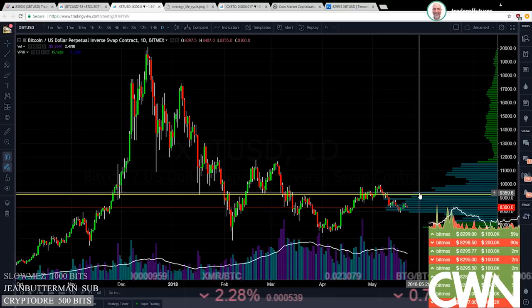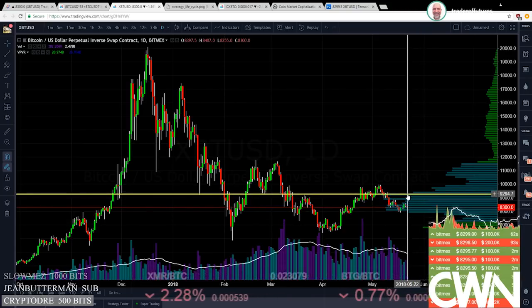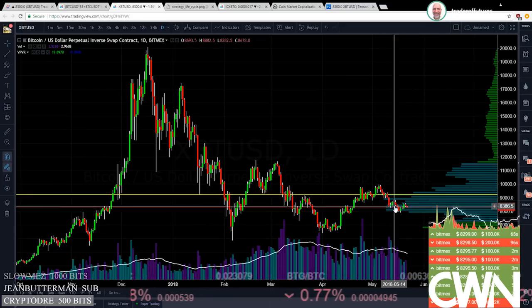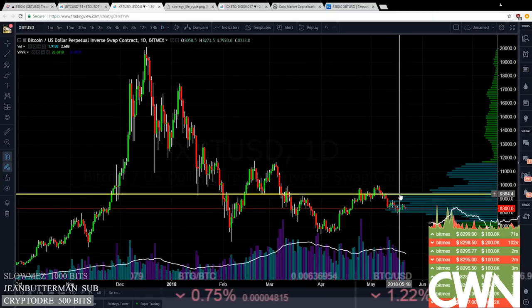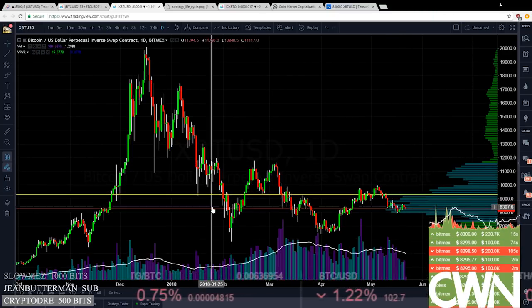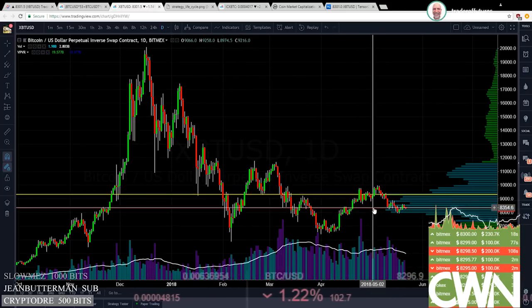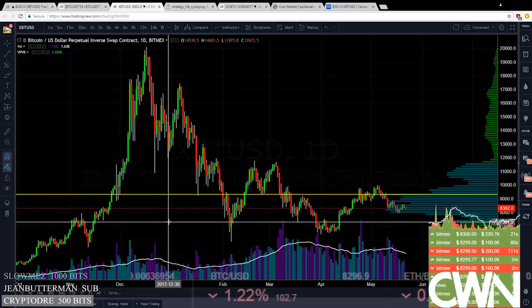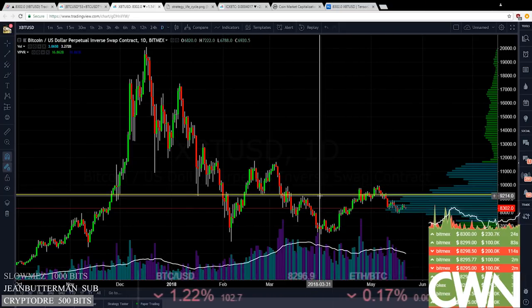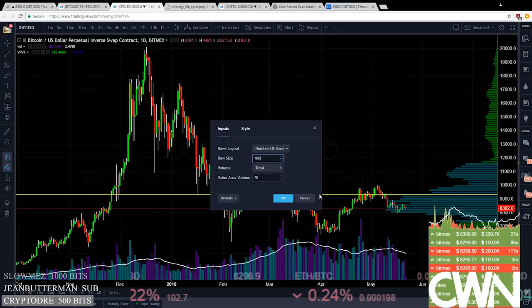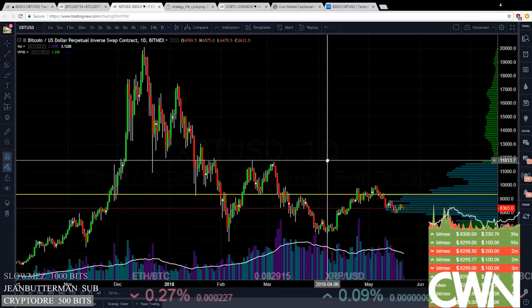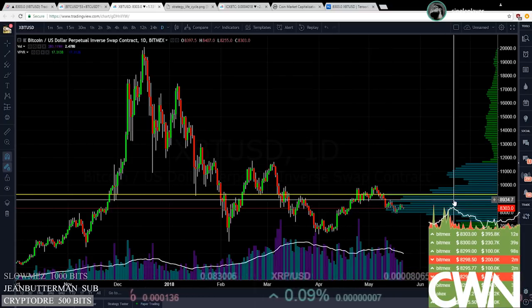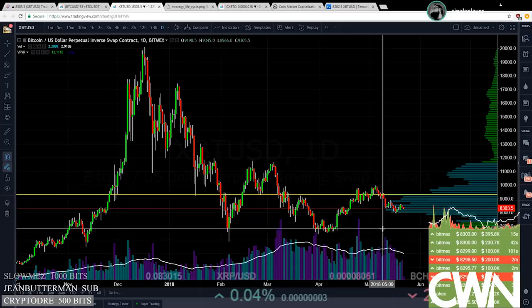Now, let's see. This yellow line is supposed to be the POC. The POC is the top high point, but I don't think it is. I don't think this yellow line actually is part of this chart, is it? I don't even know what it is. Is it our POC maybe? Yeah, it looks to me like this red line is the POC. I don't know what this is. Oh, I guess it is part of this chart. Maybe it is the POC. Is this just a line? Yeah, I don't know what we're seeing. I think because of a new layout, everything's default.